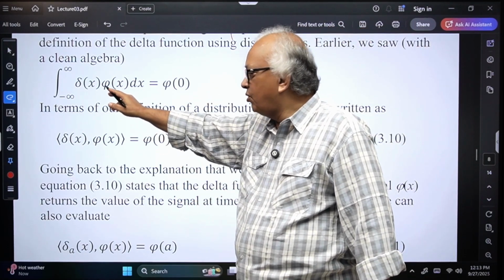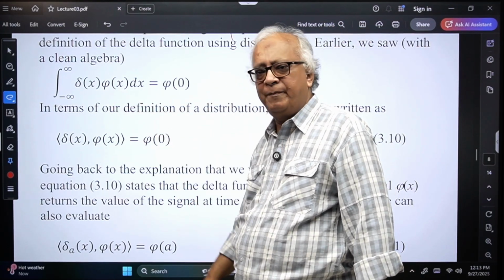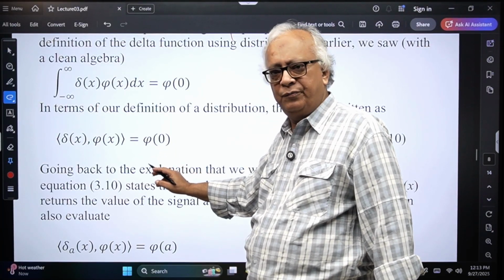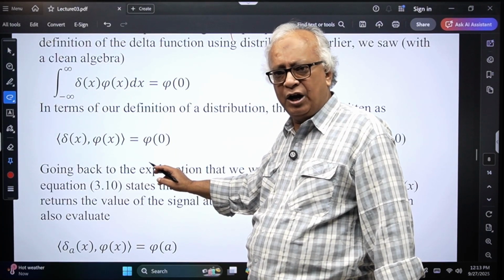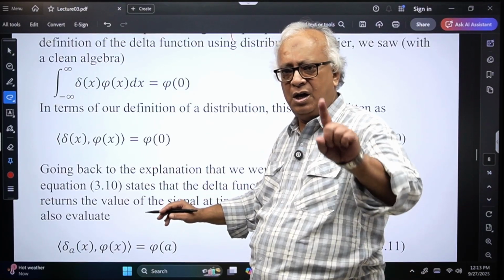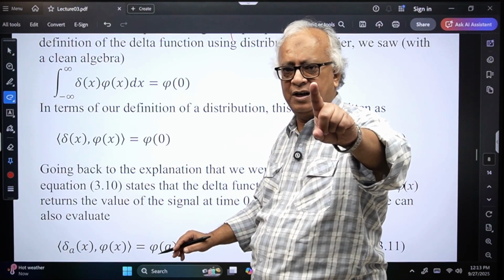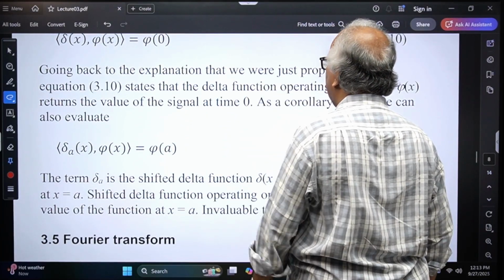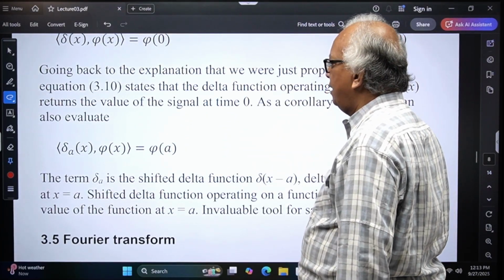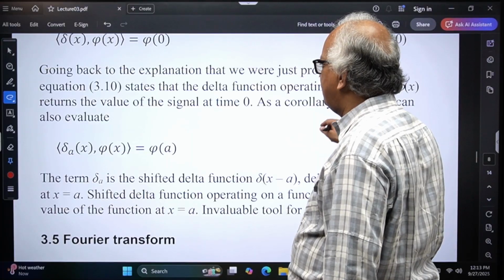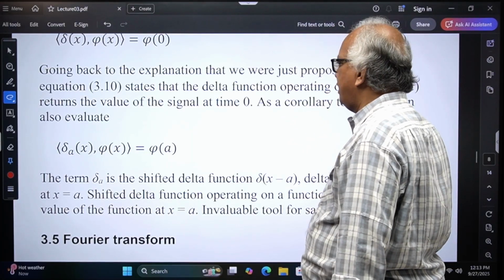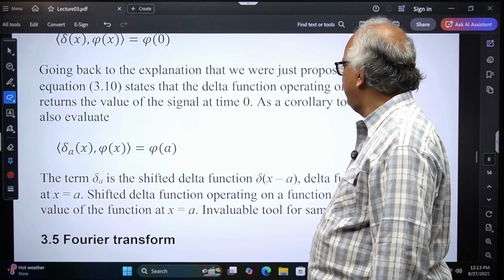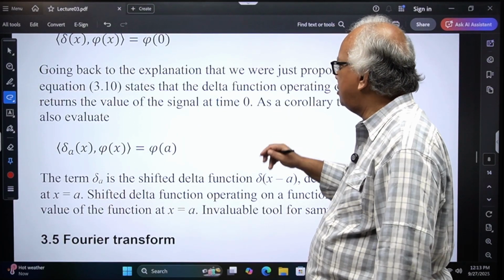Therefore, I can write this as a distribution. Delta x paired with phi x is phi 0. Our first distribution, example of distribution. Going back to the explanation we were just proposing, equation 3.10 states that delta function operating on phi x would return the value of phi x at 0. A corollary to this would be